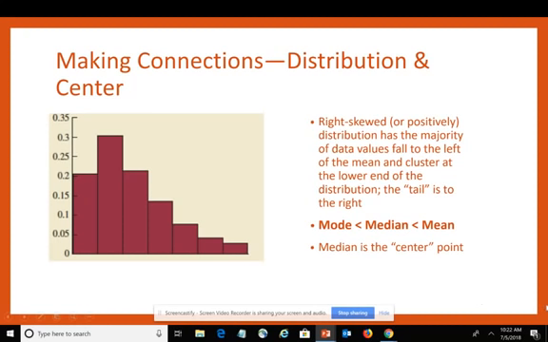When you think about it being right skewed, remember, right skewed means the majority of the data values are on the low end, and then it tapers off as you move to the right. In this relationship, to confirm that it is right skewed, the mode is less than the median, which is then less than the mean. You can see that relationship right here. You want to make sure that this relationship, the mode is less than the median, less than the mean, is a true statement.